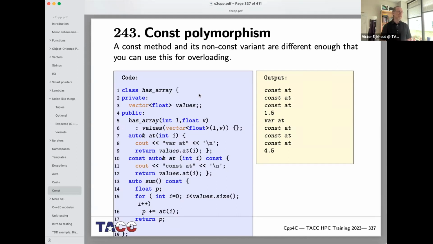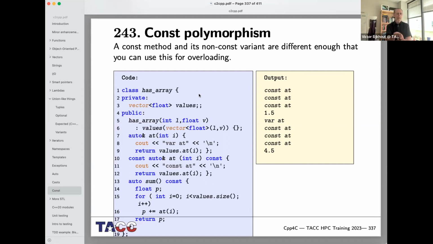So this routine is a bit much. Take a look at line 7 and line 10. So line 7, this object has an add method that gives a reference to something inside the object. So that means that if you call that method from the calling environment, then you get writable access to the